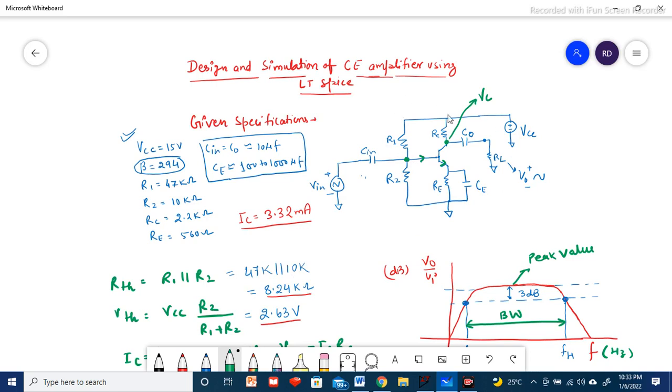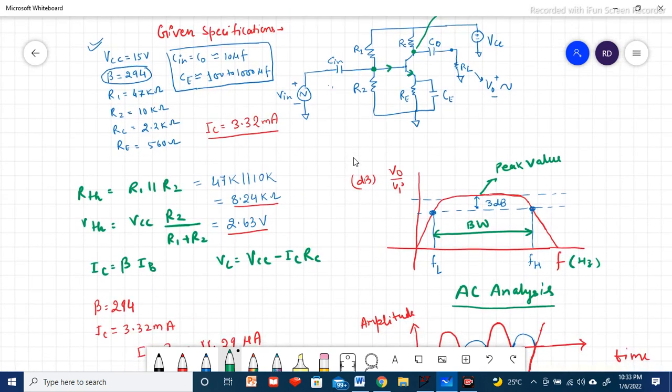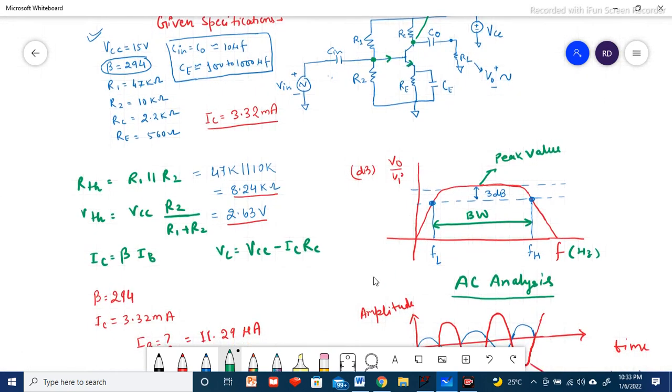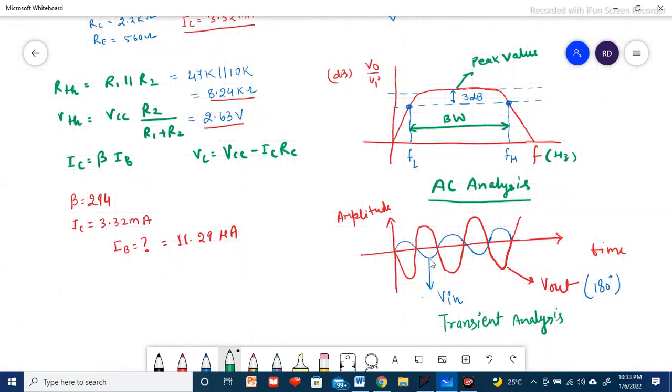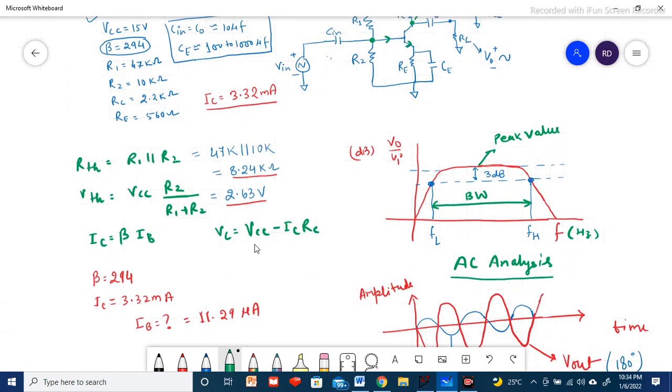and then how this amplifier works, what is the need of this amplifier, what is the configuration, and what is the role of these resistors and the capacitors, and a detailed discussion on the circuit. And after that I will explain what is the AC analysis, and then I will tell what is transient analysis. So both these analyses I'll explain here,